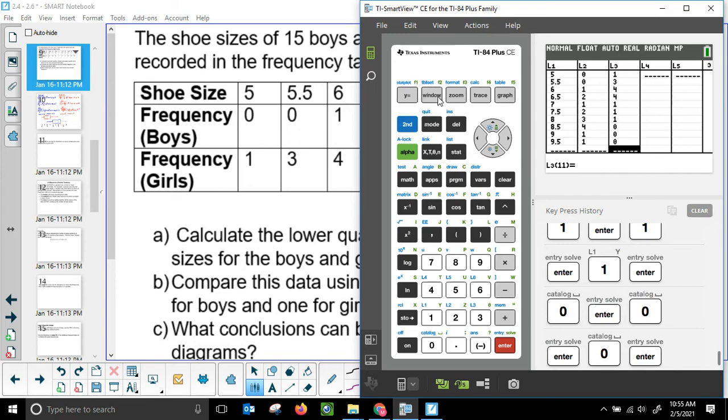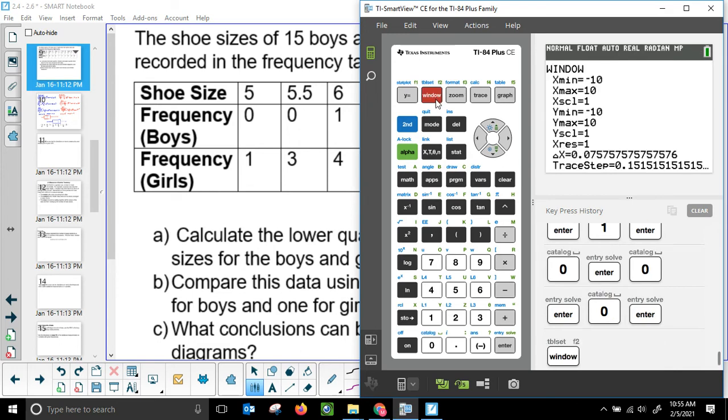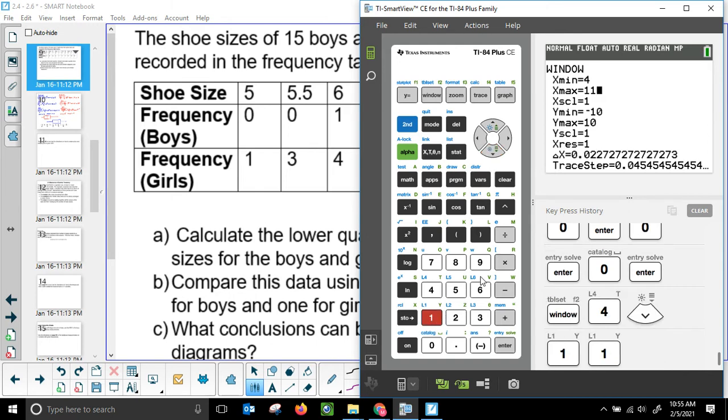Now we're going to want to kind of mess with our window here. Remember, we only really care about the horizontal scale. We don't care about the vertical. So our lowest shoe size was 5, but I'll go ahead and say like 4. My highest shoe size was 9.5, so maybe I'll say like 11, just to give us a little bit of room on the outside, on the margins. My scale, we actually want that to go by halves because we have half shoe sizes, right? So now when I go ahead and hit graph,